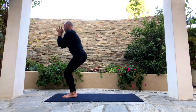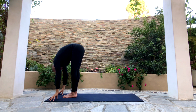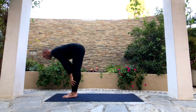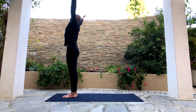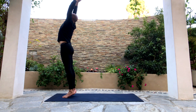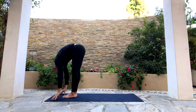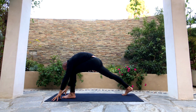Release that and forward fold, hands toward the mat, and then half forward fold, sliding your hands up your shin as high as necessary to make a flat back. Come up with a flat back as you raise your arms up to the sky as high as possible while getting on your tippy toes and maybe even looking backwards, extending yourself as high as you can toward the sky, and then swan diving, forward fold, hands to the mat, and then step the right foot back into a lunge